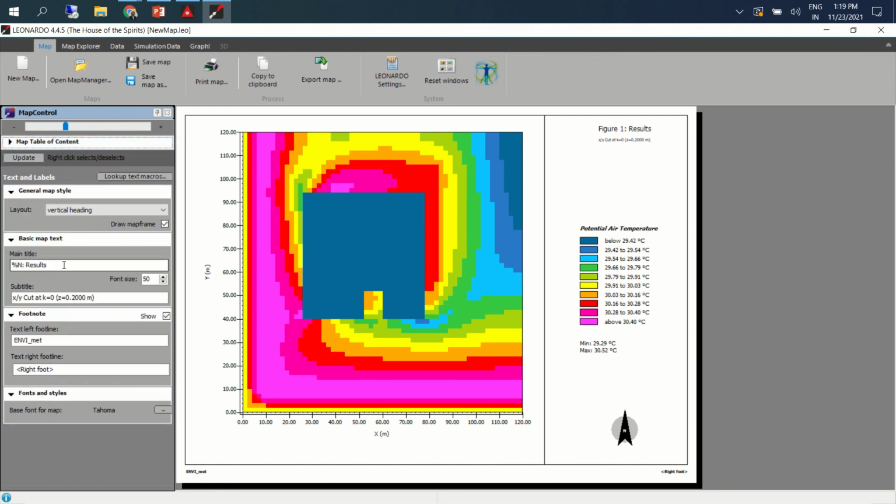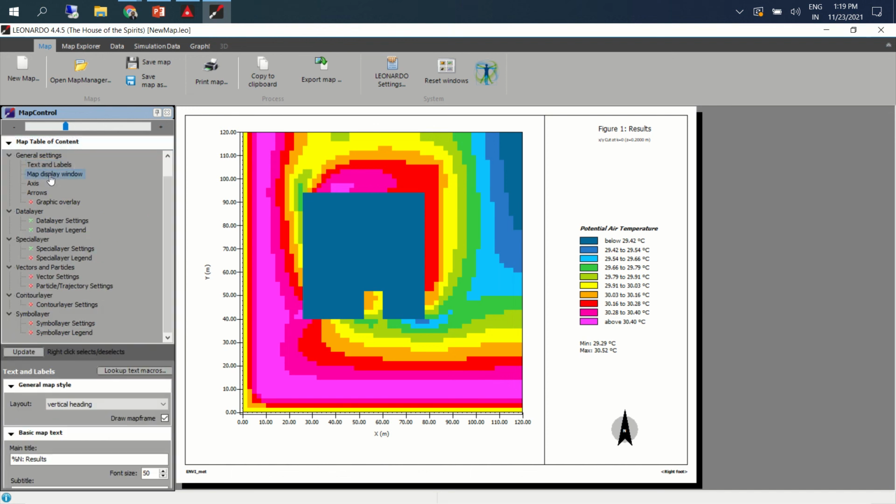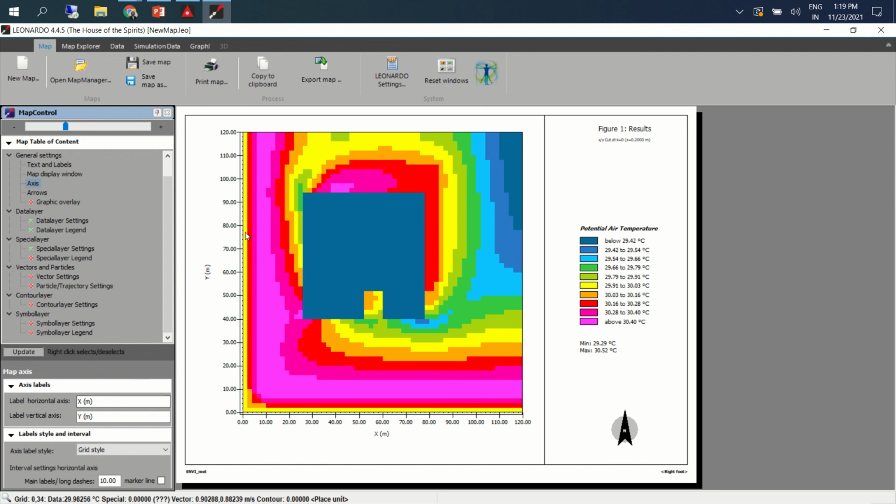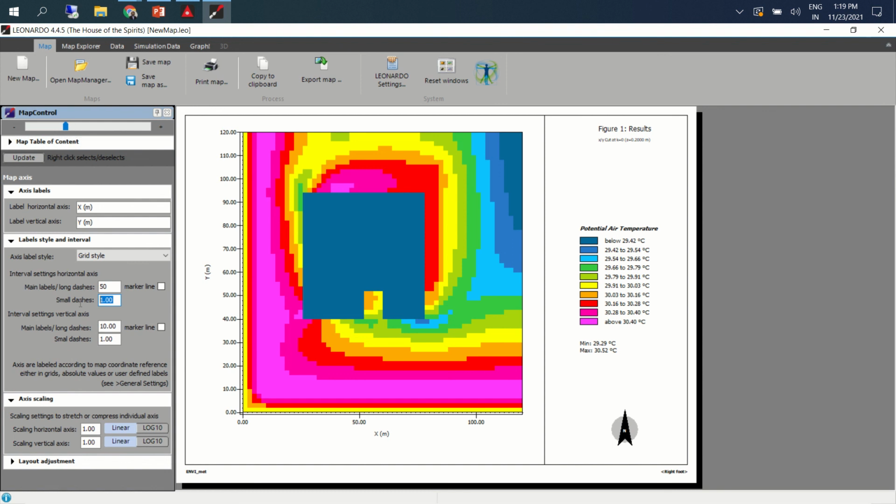Okay, I'll just see what other things are there. All the map characteristics that you want to modify, you can modify here. That's about text. Map density: where do you want to place it, and how much space you need to leave, all that you can modify. Axis: if you want to have control on the grids, maybe I'll just say 50. You can have control on the grids as well. You can modify that.